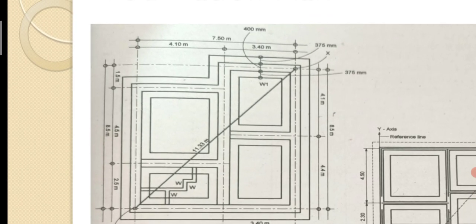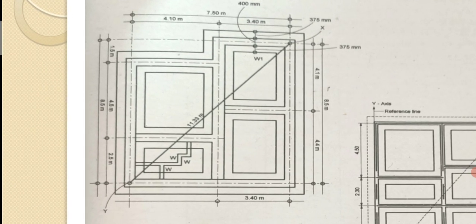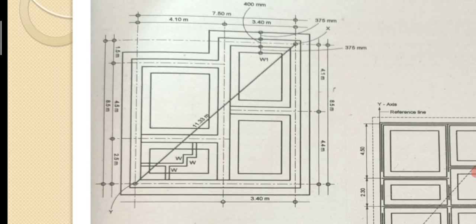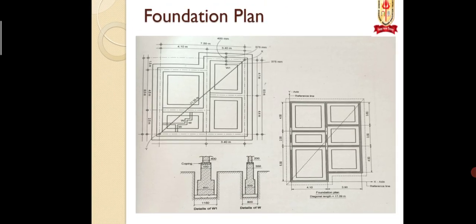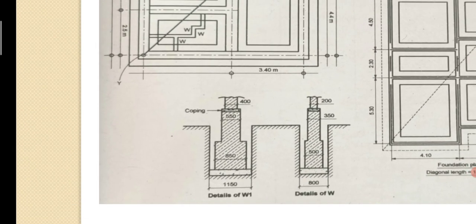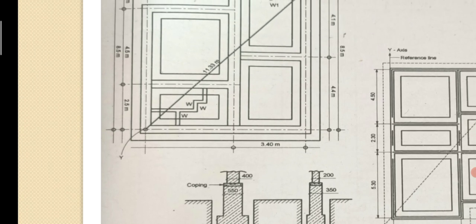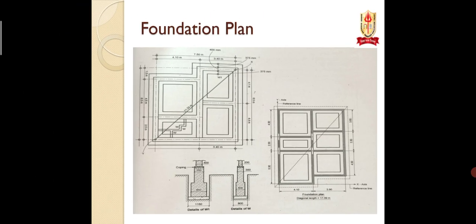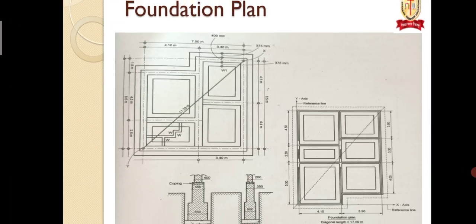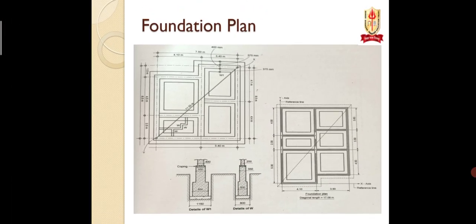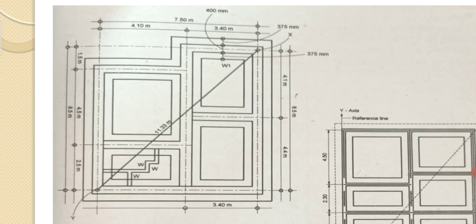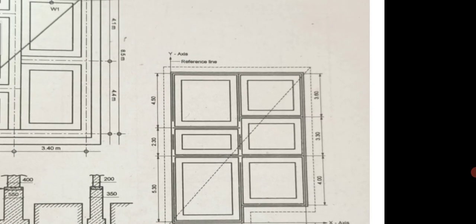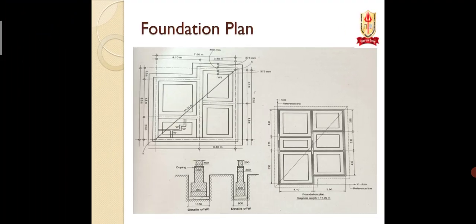In the foundation plan, as you can see, we have to draw the wall. That is not actually the wall, that is a plinth beam. We have to draw the plinth beam. After drawing the plinth beam, you can draw the main part, that is the excavation part, as you can see. Then there is an excavation line over here. After the excavation line, we have to draw the diagonal line. After drawing the diagonal line, we have to check whether each and every dimension is correct with respect to the diagonal line. Like this, we have to draw the foundation plan.